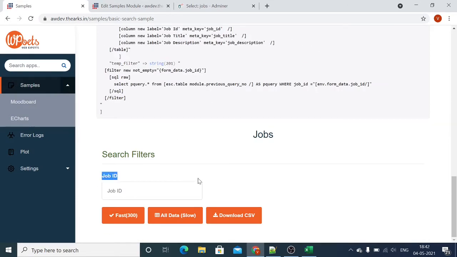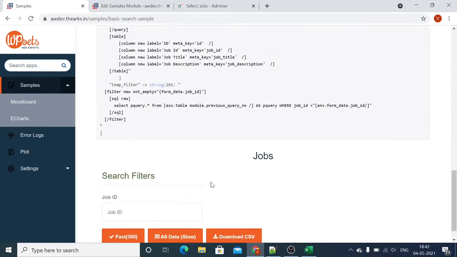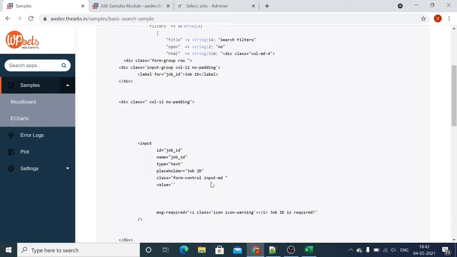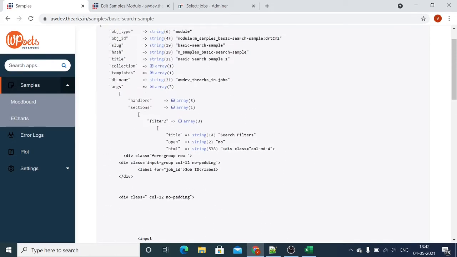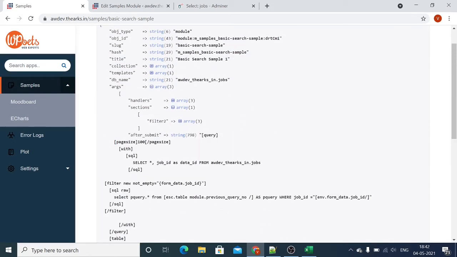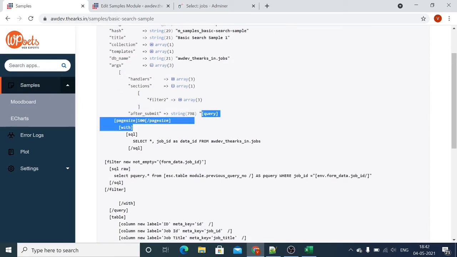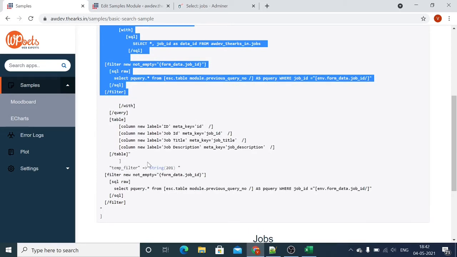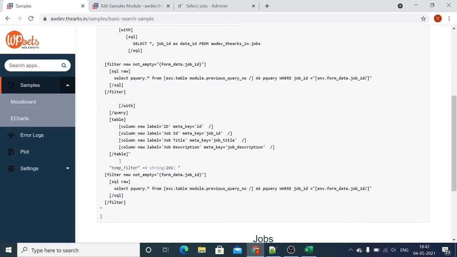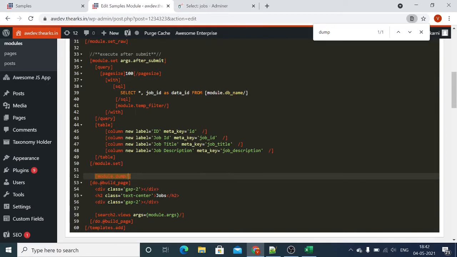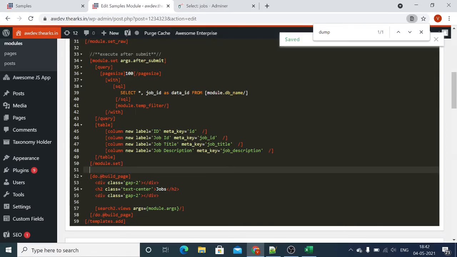This is the UI form that is generated from this part. Now you have after submit, so this part will execute at runtime when our form is submitted. So let's check how this will work one by one.